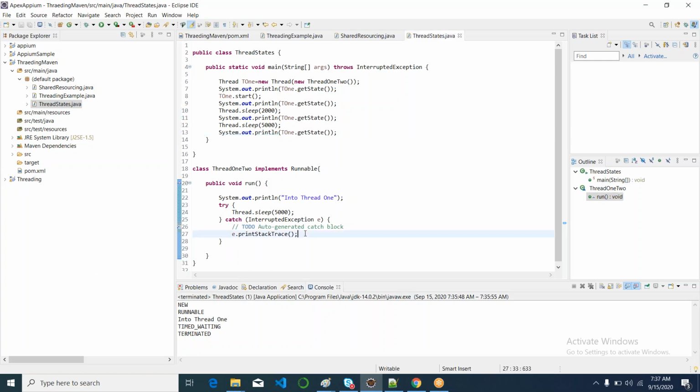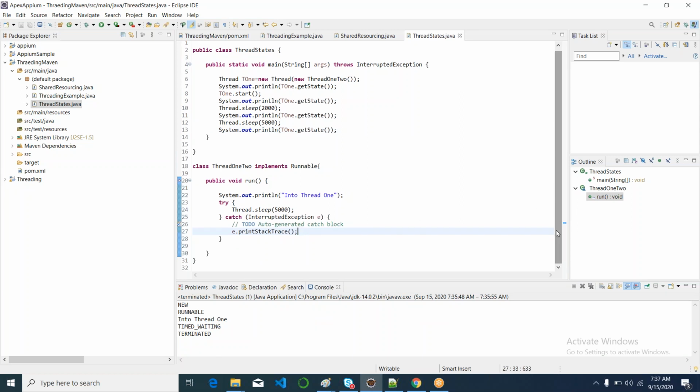And then if we move forward to the leftover state, which is waiting. So blocked or waiting is something where the thread is waiting for a resource. I mean to say, if it is depending on some other shared resource, or it can be any kind of resource, but the thread should wait for something to happen. Then only it can start executing further. To put an example of this,